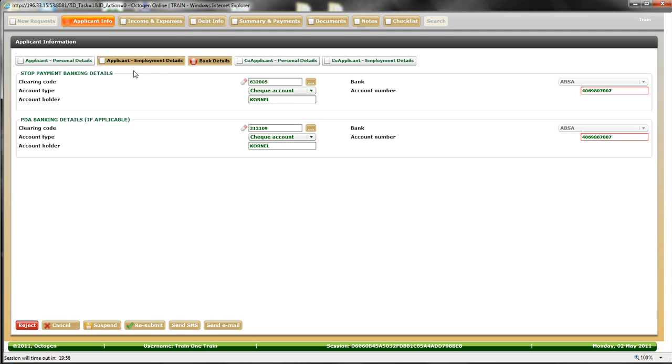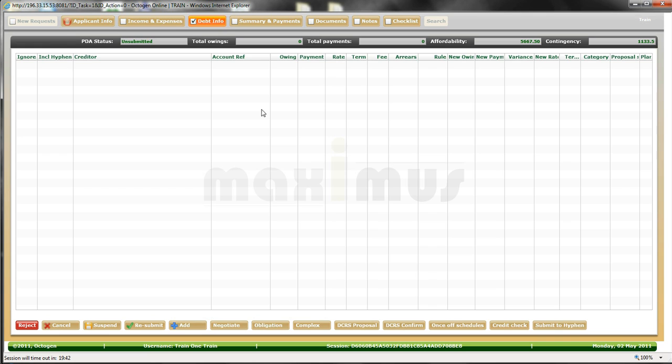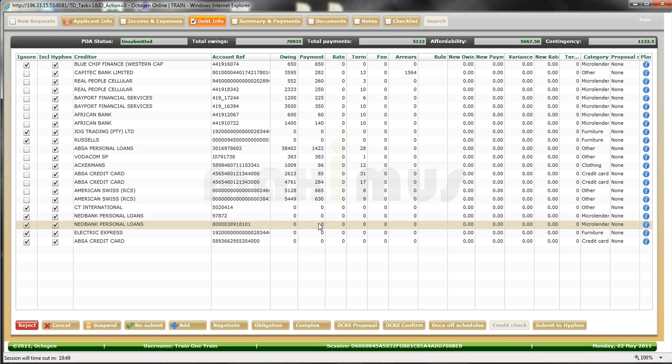Finding out the validation errors in the system is pretty simple. I just follow the little red hands. I'll see like this one says applicant info, there's a little red hand flashing. In bank details there's a red hand flashing, and then the actual field that has the problem is highlighted red. So if I follow the little red hands down, I will always get to where the problem is with the incorrect data. So now I can try again, click on credit check, which will then import the client's information for